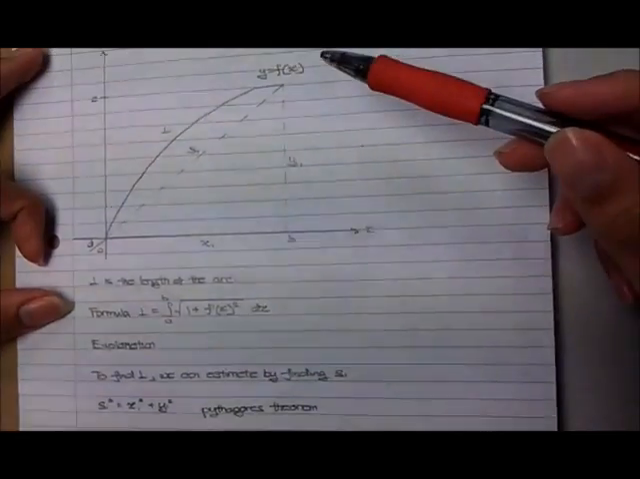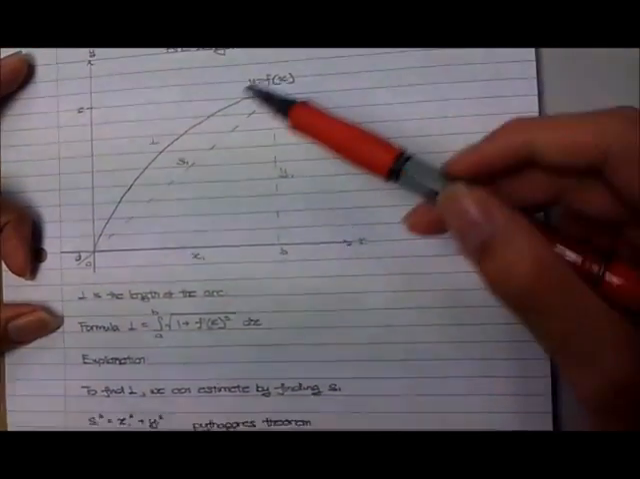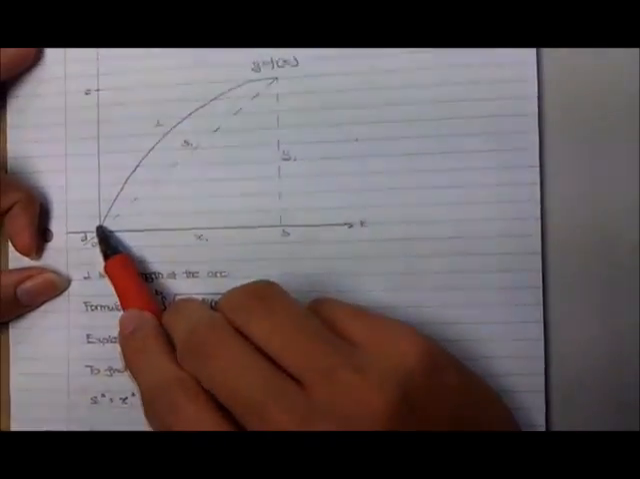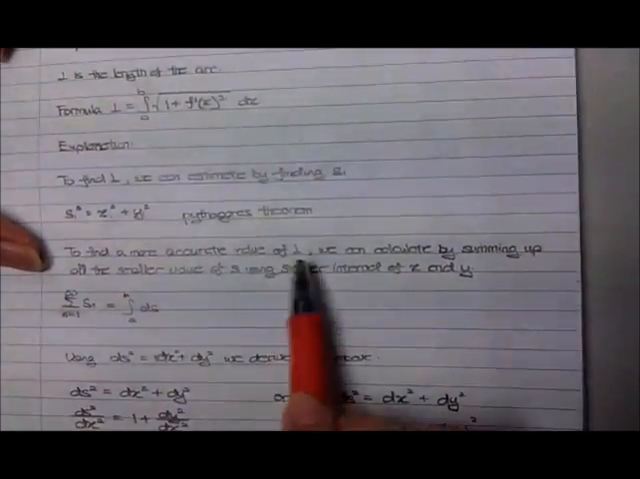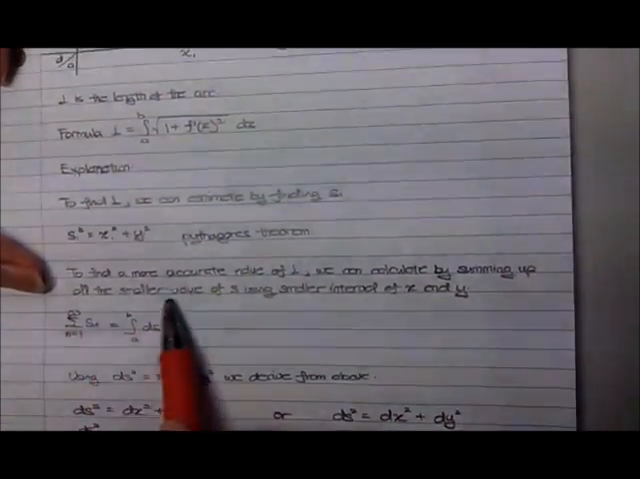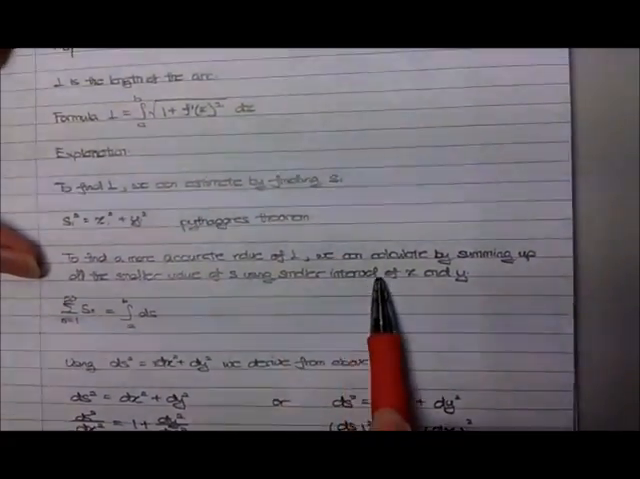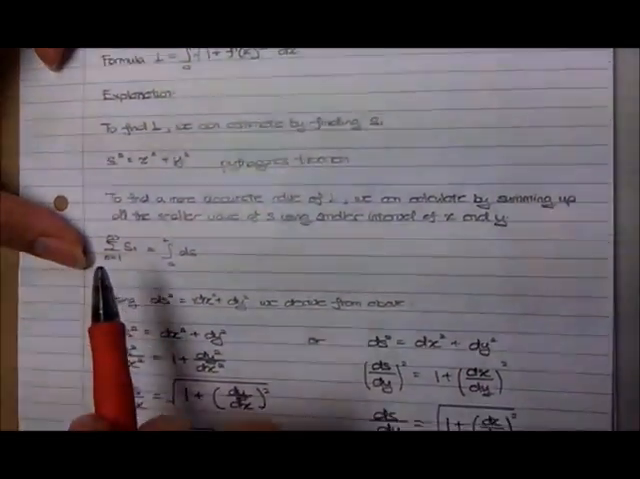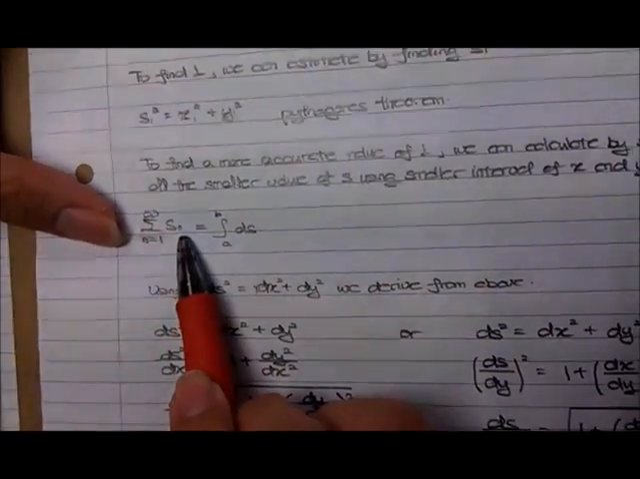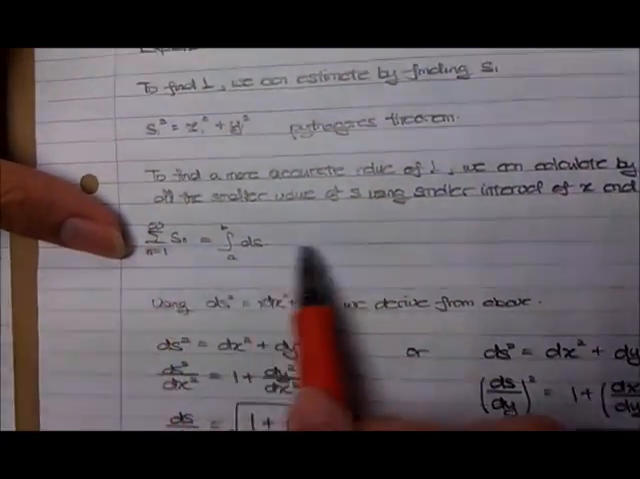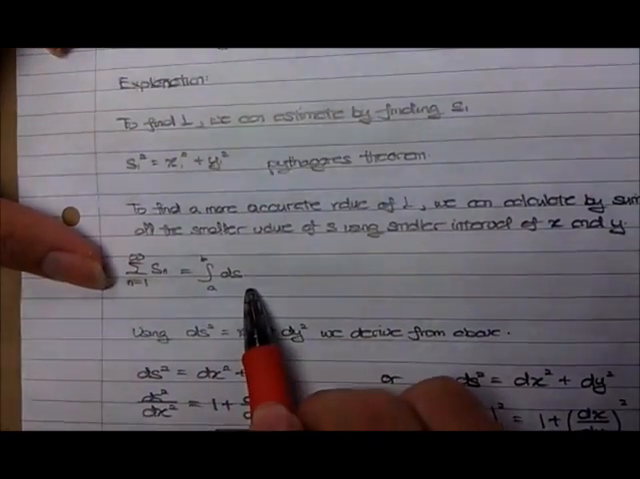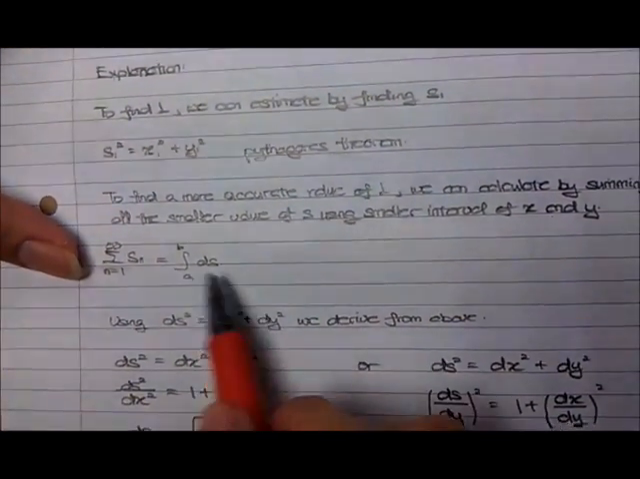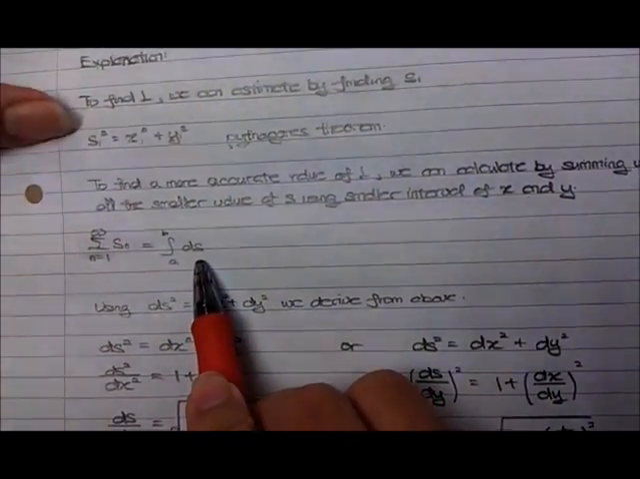To find a more accurate value of L, we divide it into very small parts and add them up together. We can calculate by summing up all the smaller values of S using smaller intervals of x and y, which is this formula: S1 plus S2 and so on equals the integral of ds. So how do we find this? Using the